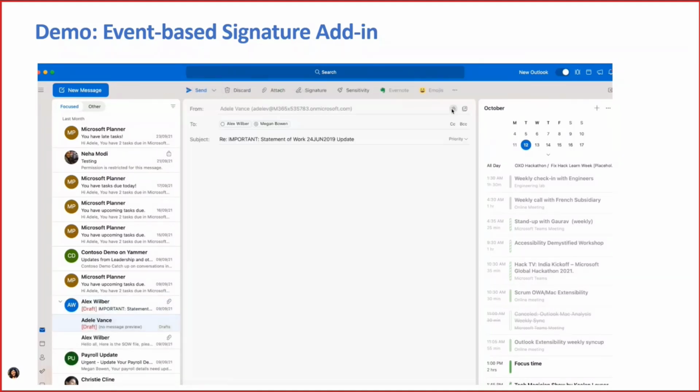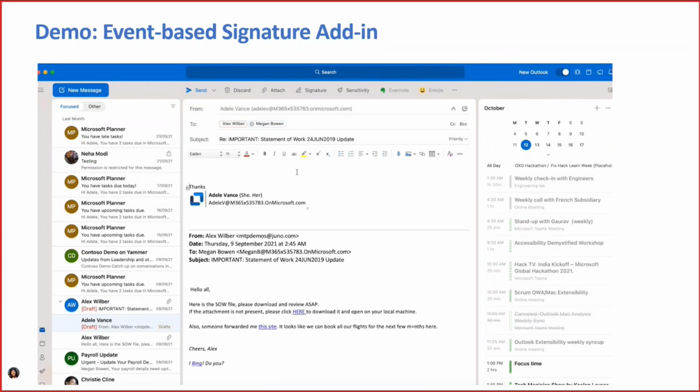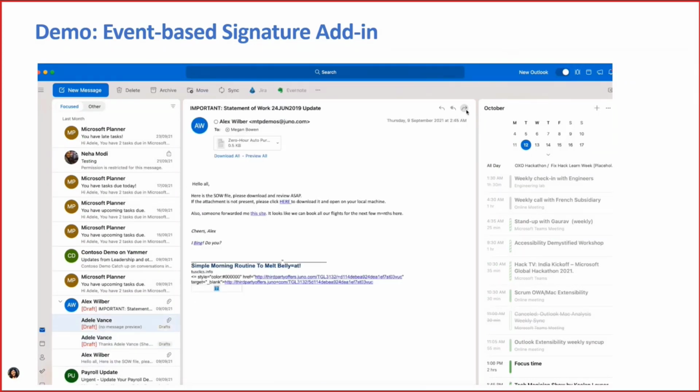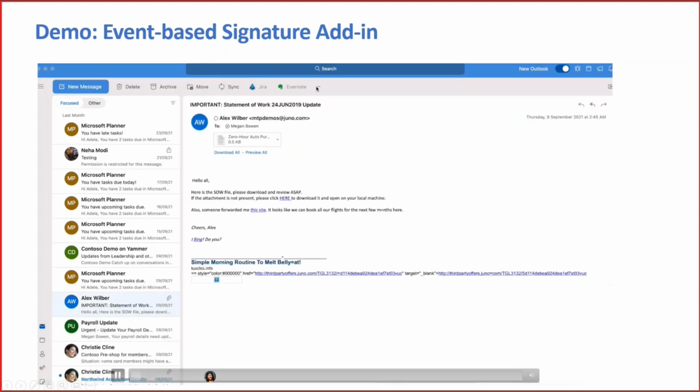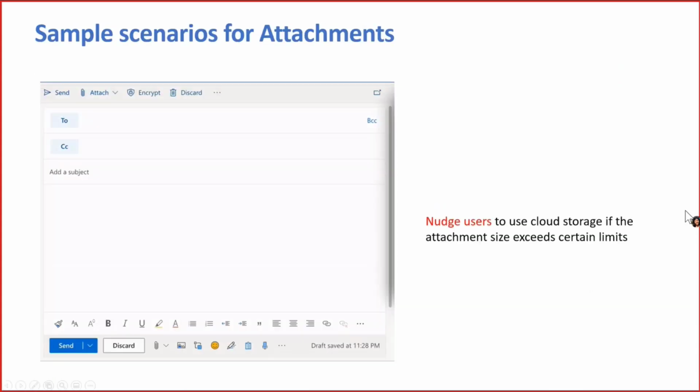And similarly, it'll work for the selected templates, for the reply and for the forward scenarios. So this is using both the 1.10 signature APIs along with the on-compose events. There are also some other scenarios that we wanted to talk about, or some things that you could